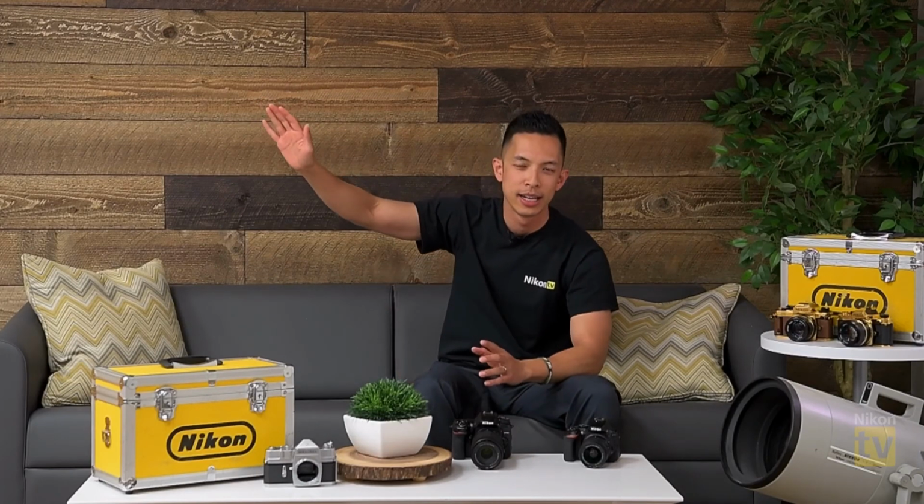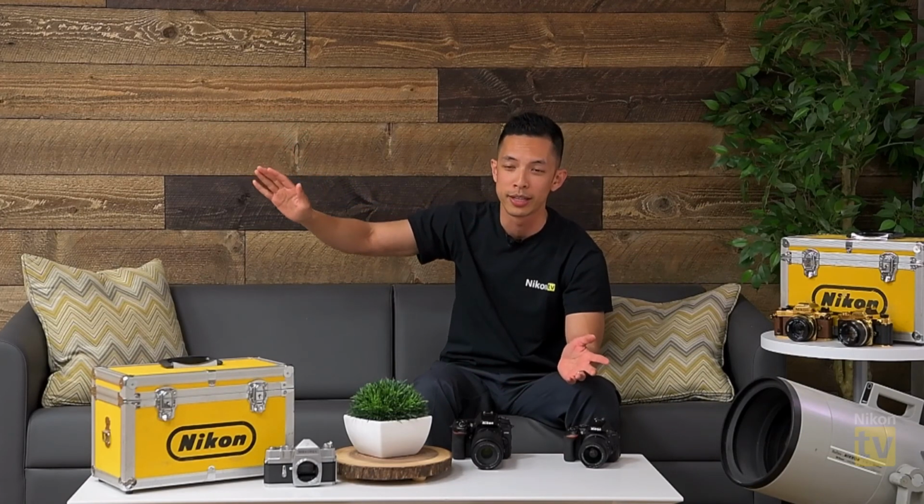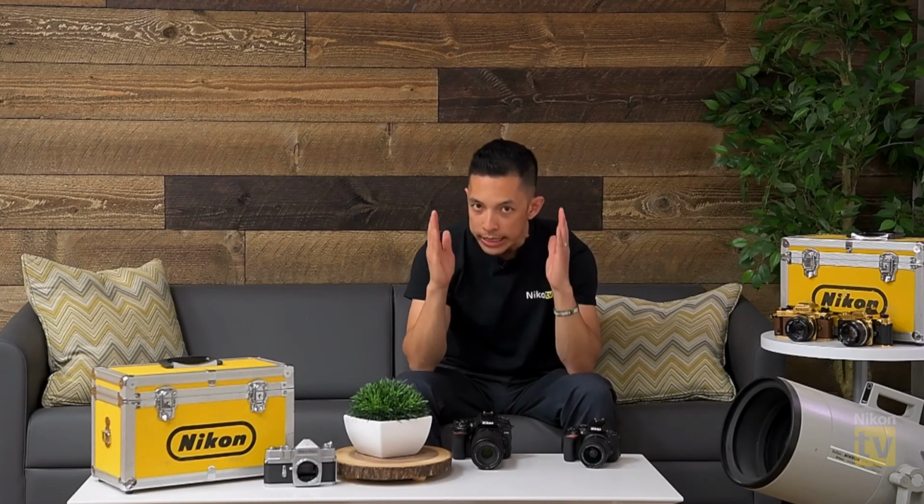oftentimes pick the 200mm f2 when I'm shooting from the sidelines. And the reason for that is it just gives me crazy ISO capabilities and shutter speed options. I can basically have limitless shutter speed options, so much so that I'm actually throttling down my shutter speed because it's shooting faster than the frequency of the lights. So in that case, I have to throttle it down. But for versatility,